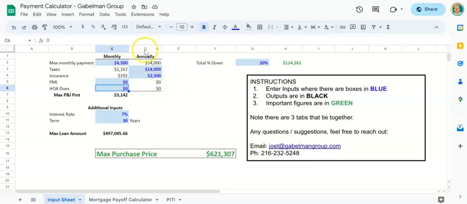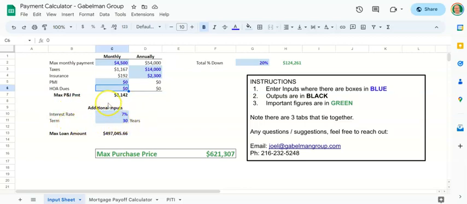Let's assume that the maximum monthly payment you were comfortable with was $4,500 a month. You knew that the taxes for the home you wanted to buy were $14,000 a year. You spoke with your insurance agent. They told you about $2,300 a year for this house. No PMI, no HOAs. Your maximum principal and interest is $3,142, assuming a 7% interest rate on a 30-year fixed,